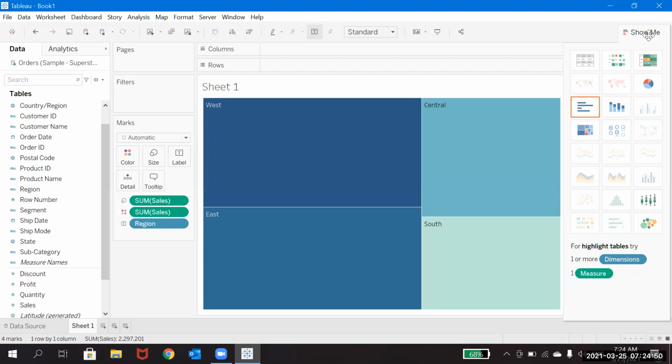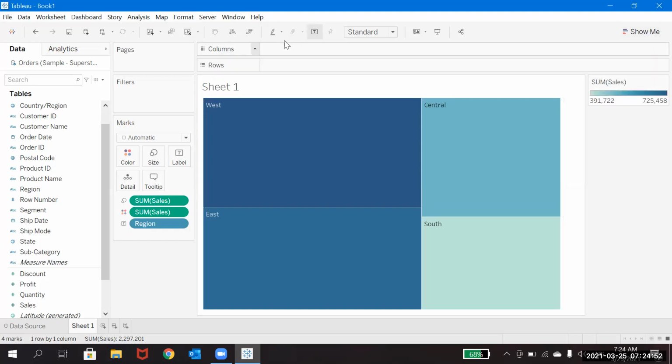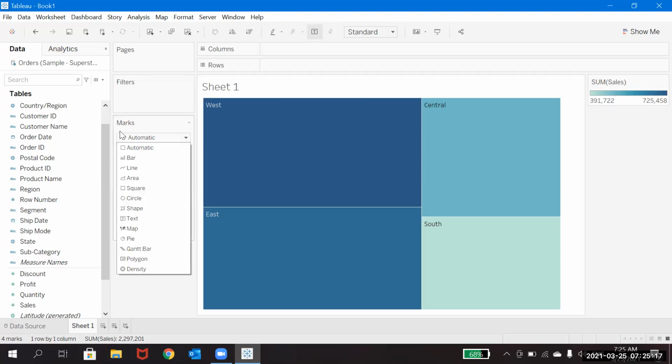Now we have just seen the columns and rows. If you see, the moment I clicked on this kind of chart, all this went out and fell on the mark shelf. So after columns and rows, the mark shelf is the one which will help us in creating the visualizations. You put everything in columns and rows, and after that, the mark shelf helps.